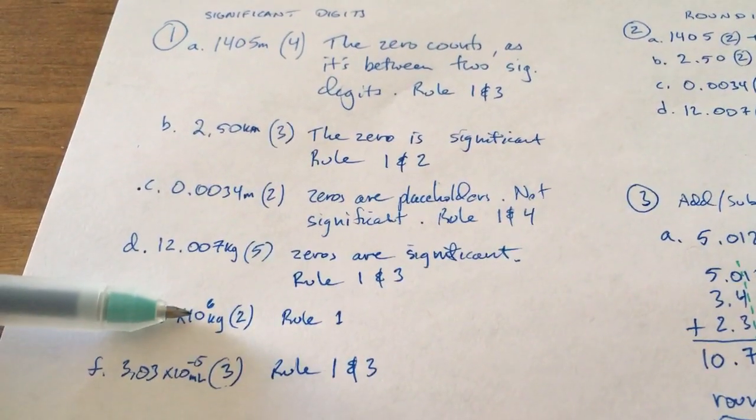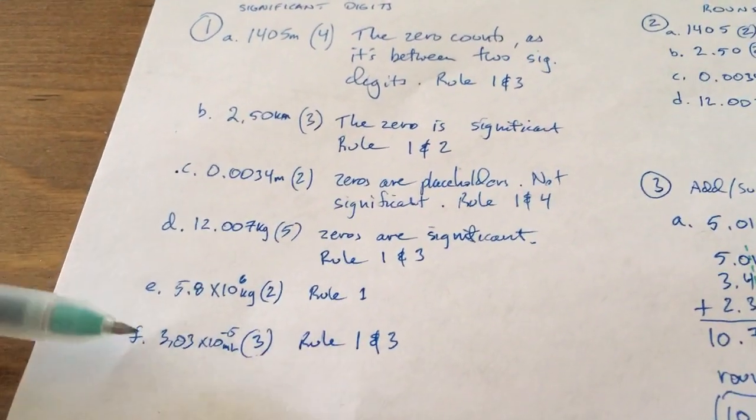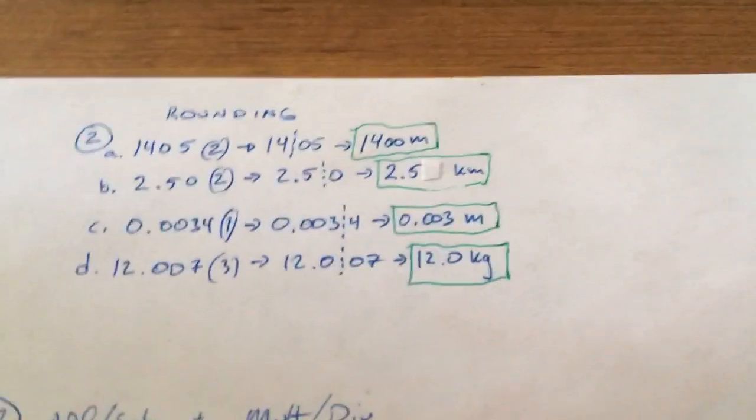Don't worry about the scientific notation. Those digits there don't count for significant digits. Here the 0 counts because it's between 2 significant digits. So that's significant digits. For rounding rules,